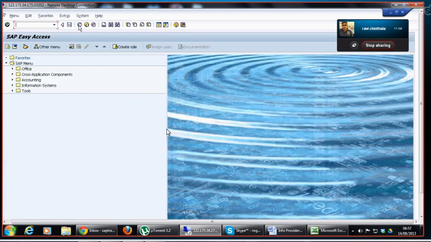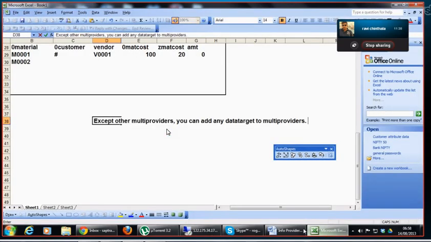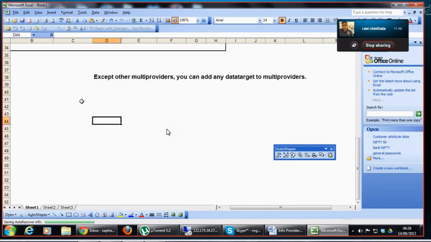Generally, for performance reasons, it may make sense to prohibit individual subqueries. For that purpose, there are four types of addressing in order to either include or exclude the data providers, data targets in a multi-provider. There are four types. Fixed addressing,